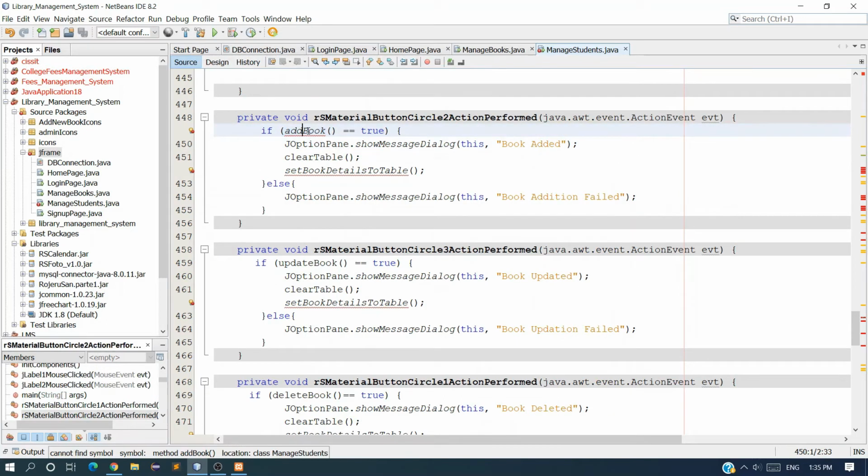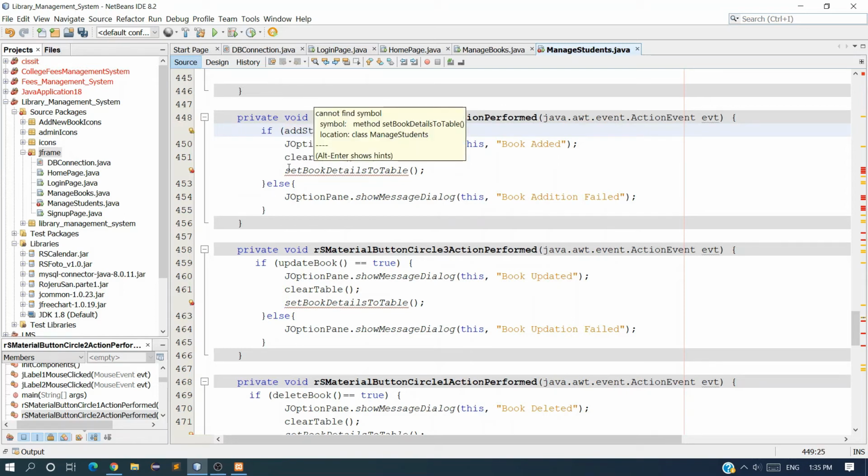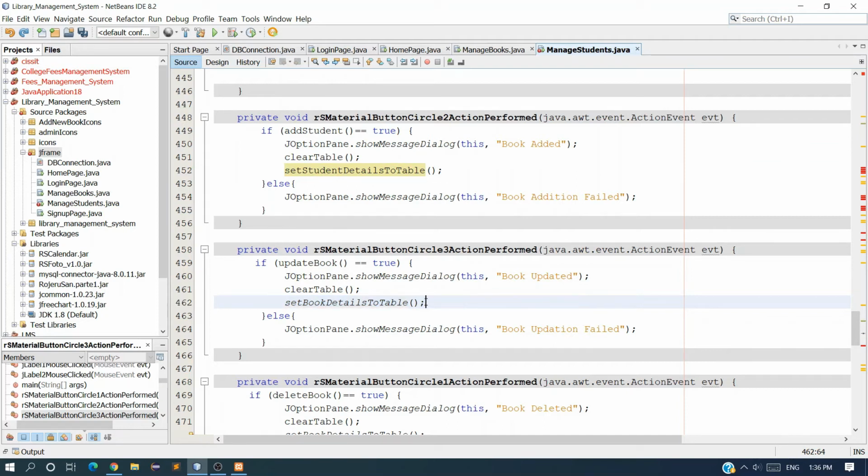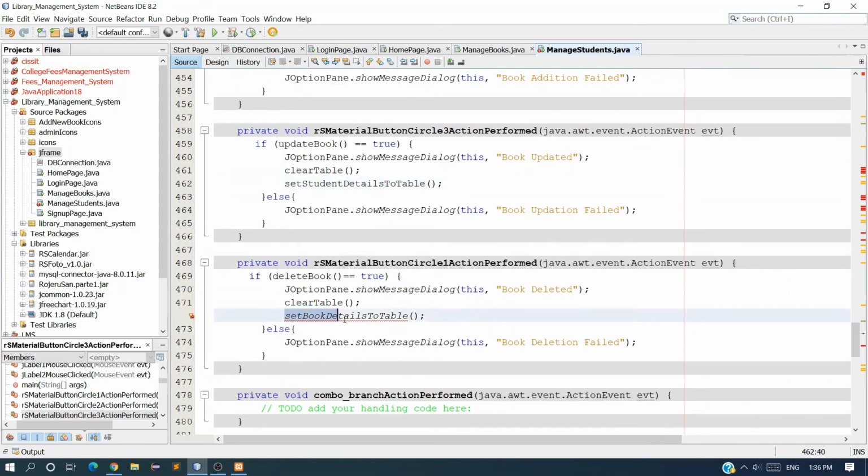So here we have to call the add student method, and here we have changed the name of set book details to table. What we have to call here is set student details to table. Copy this, and same here. Just follow all these steps with me and all the errors will be solved. And also here, set book details also.